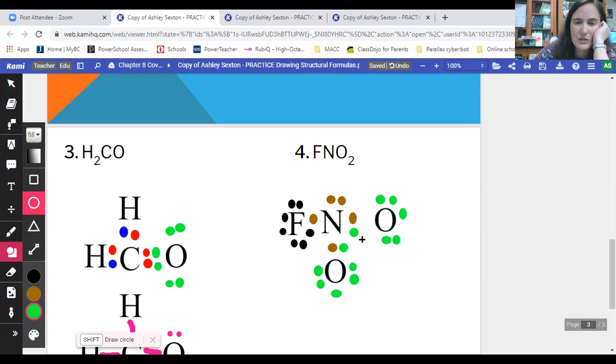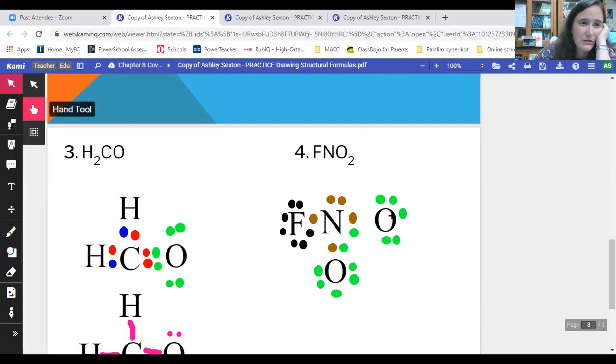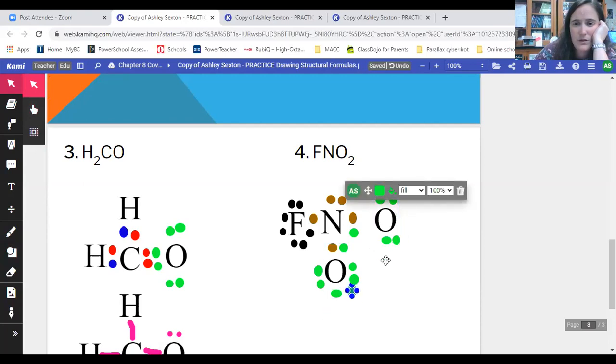Fluorine has 2, 4, 6, 8, yay. Nitrogen has 2, 4, 6, 8, yay. But this oxygen only has 7. This oxygen only has 7. There's this little lone one right here that's just kind of hanging out. Ooh, that's no good. So we're going to move. I'm going to see if it'll do it this time. Move. I want to move this one here. Now this oxygen has 8,